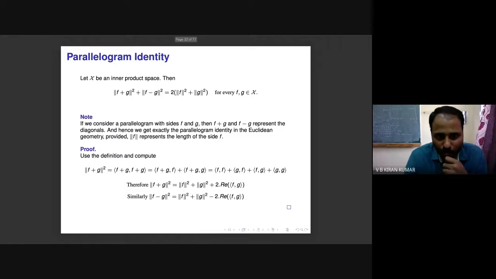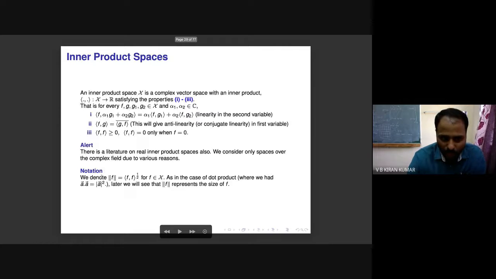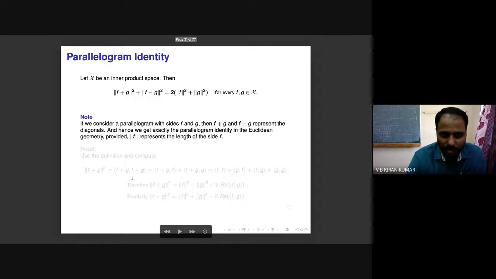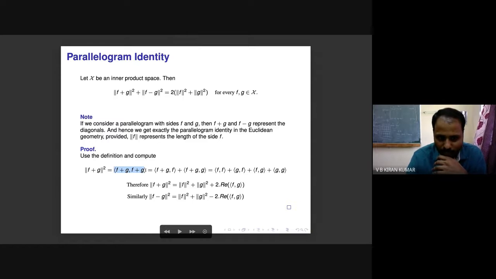So now let me prove this. Proof is very easy, because norm f plus g square, by definition, norm is defined to be ff power 1 by 2. That means norm f square is inner product ff. So norm f plus g square is inner product of f plus g with f plus g. Now we use the property that it is linear with respect to the second variable. So you fix f plus g there and use linearity in the second variable. So it is f plus g, f plus f plus g, g. Now let me use linearity in the first variable. In the first variable you have conjugate linearity, but addition is preserved. Only scalar multiplication comes, then alpha bar will come outside. So we get ff plus gf plus fg plus gg.